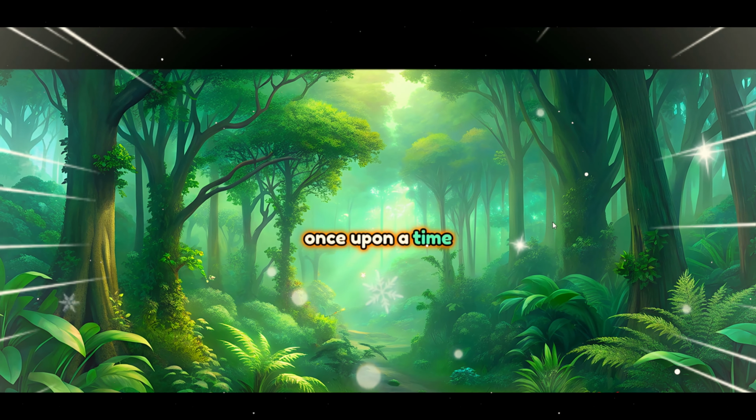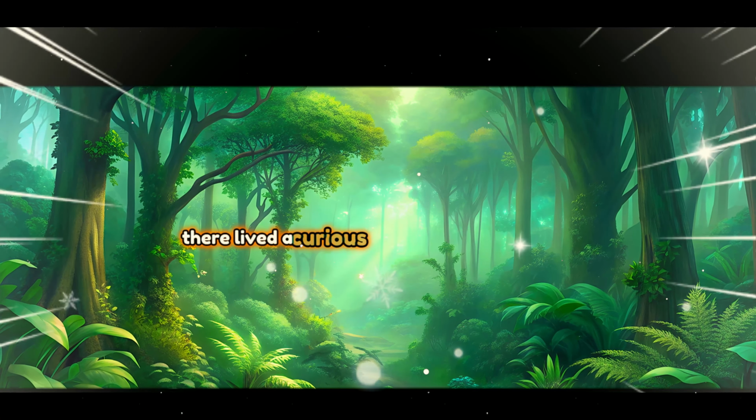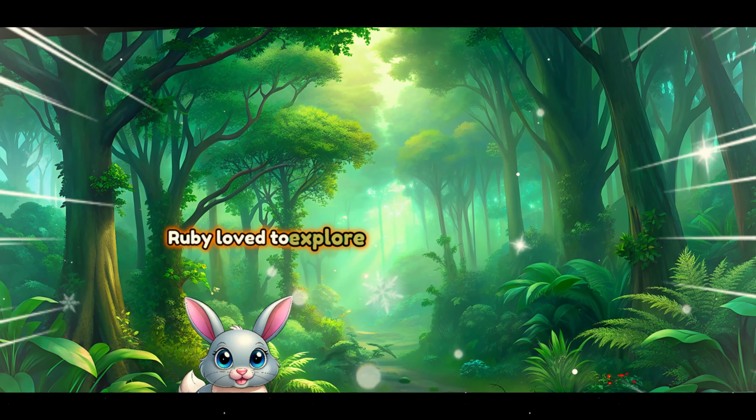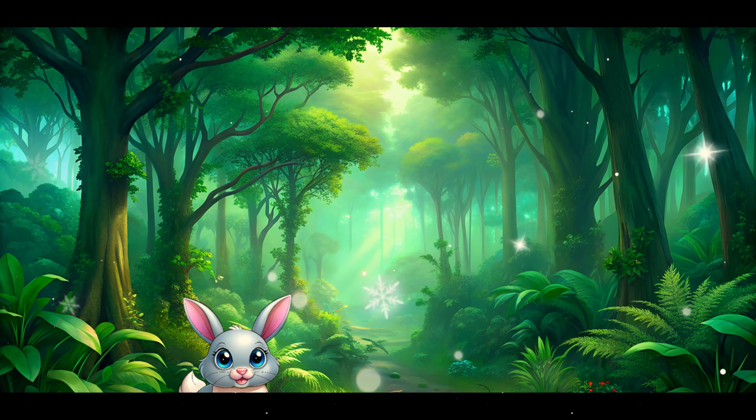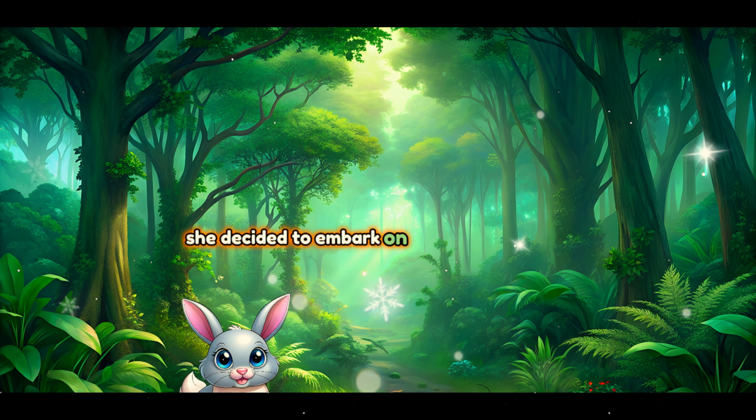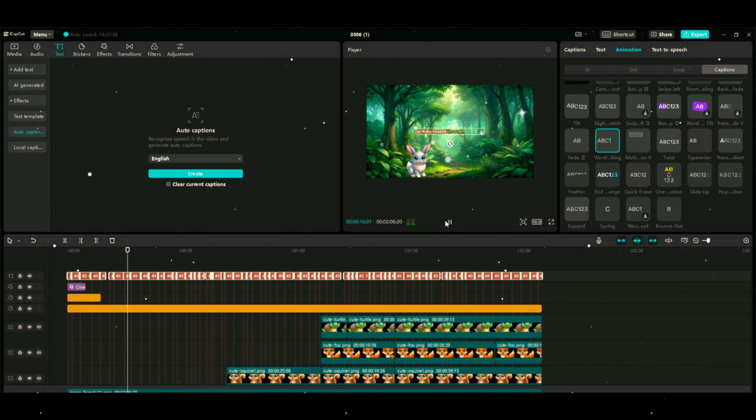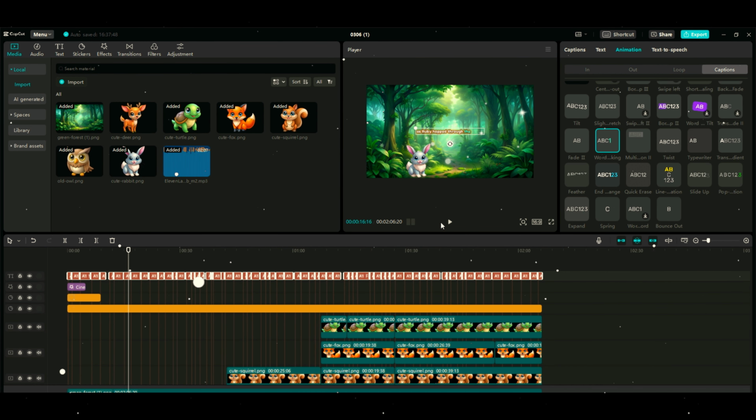Once upon a time, in the heart of a lush green forest, there lived a curious little rabbit named Ruby. Ruby loved to explore the wonders of the forest and make new friends. One sunny morning, she decided to embark on a great adventure. As Ruby hopped through the forest, she encountered